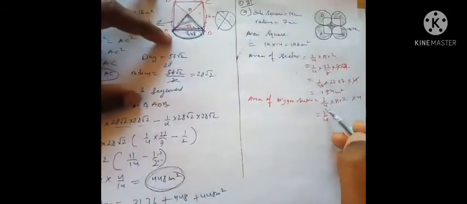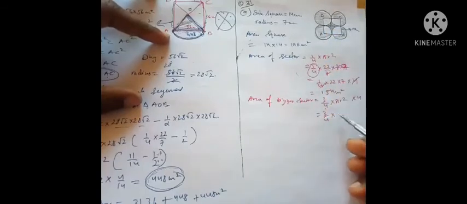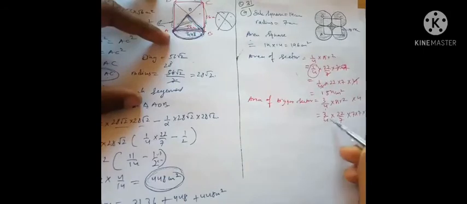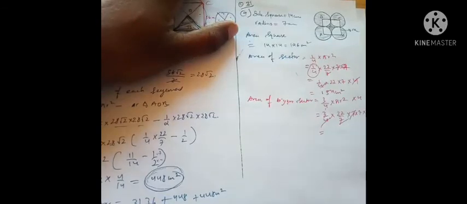Okay, and why did I write 3 upon 4? Because when I was calculating the smaller one, I wrote 1 upon 4, so out of 1 upon 4 how much is left? 3 upon 4. 22 upon 7 into what is r? 7 into 7 into 4. This and this can be cancelled out. This and this can be cancelled out. The remaining stuff can be multiplied. So when I multiply, what am I going to get? Any idea? I'll be getting 462 centimeter square. You can multiply 3 into 22 into 7. You'll get 462 centimeter square.